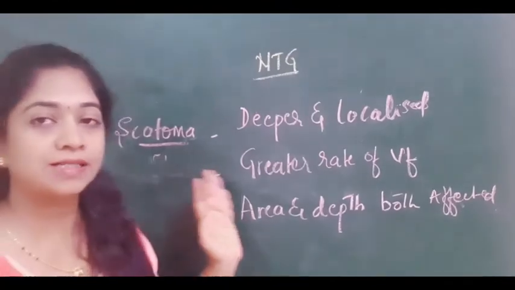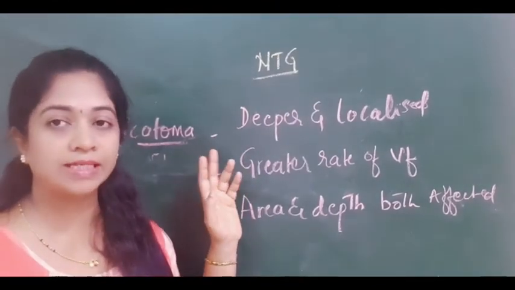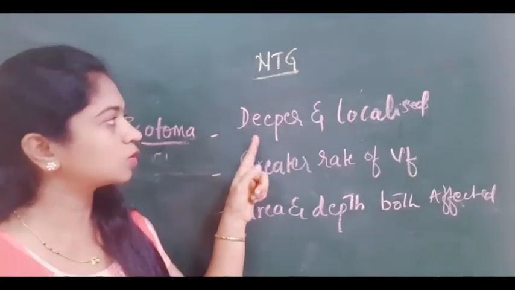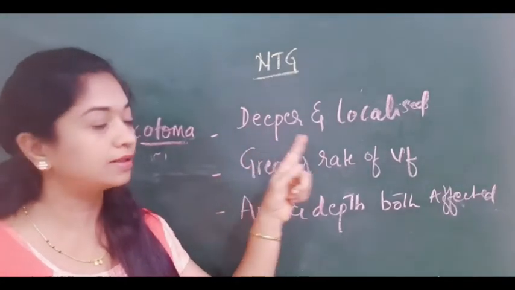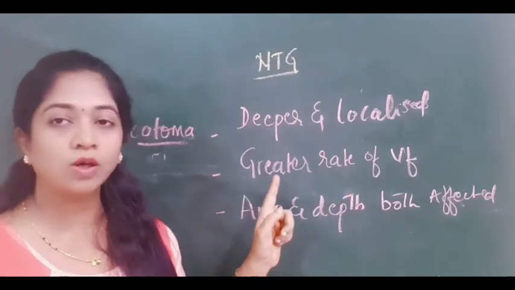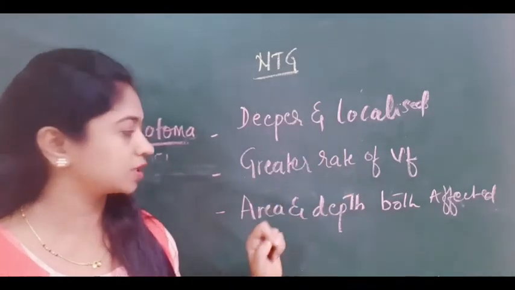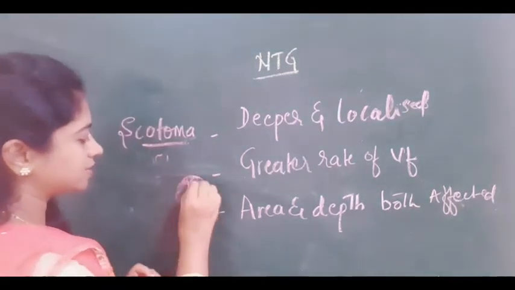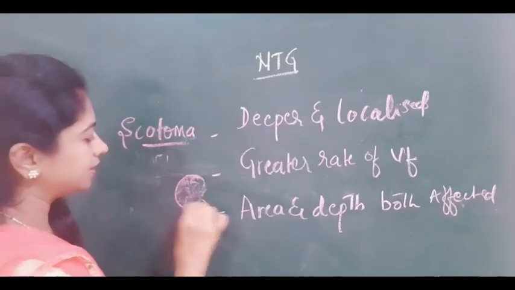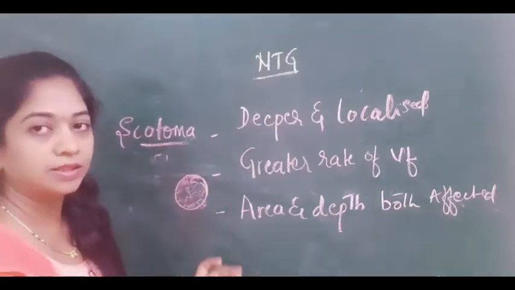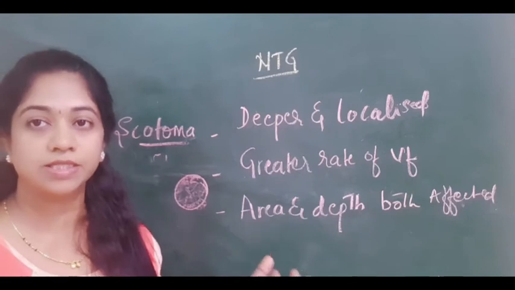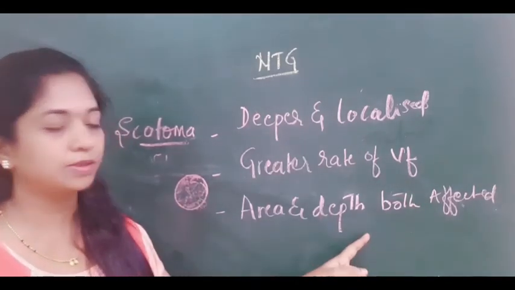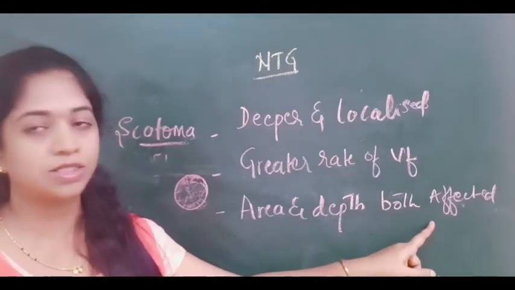So when you do visual field examination, normal tension glaucoma patients will exhibit some features of scotoma which are specific for these NTG patients. These scotomas are usually deeper, means dense and localized. The visual field loss progression is greater in case of normal tension glaucoma. If you consider this as a scotomatous area, this is considered the area and the depth. The depth is with which intensity the patient is not able to appreciate the stimuli. So the area and the depth both are equally affected in case of normal tension glaucoma.